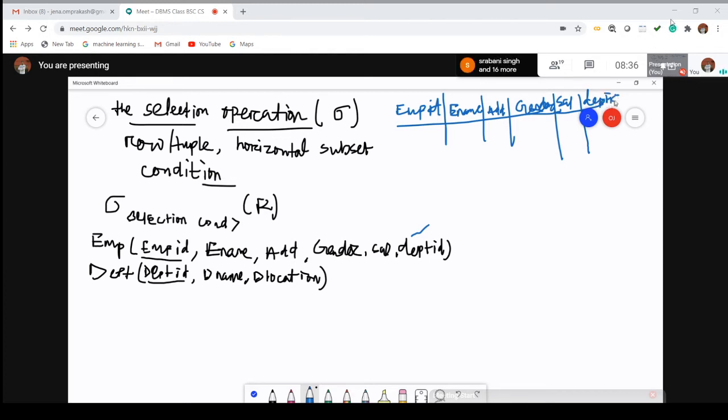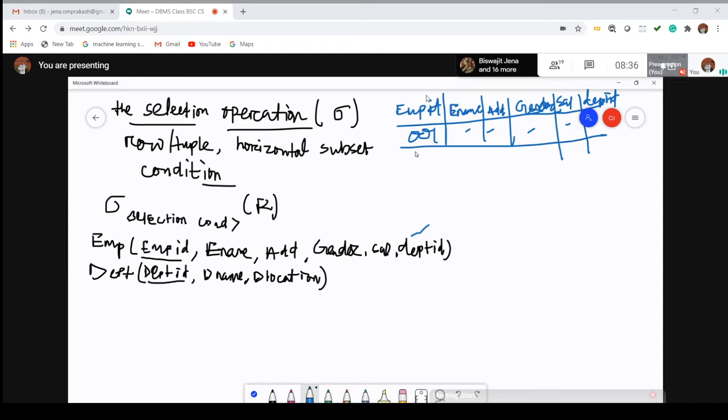My employee table will look like this. Suppose I have to find out a row. Row means which values? Suppose the employee ID equals 001, then those other values are there. I have to find the details of an employee whose ID equals 1. Then you have to pass it like this.